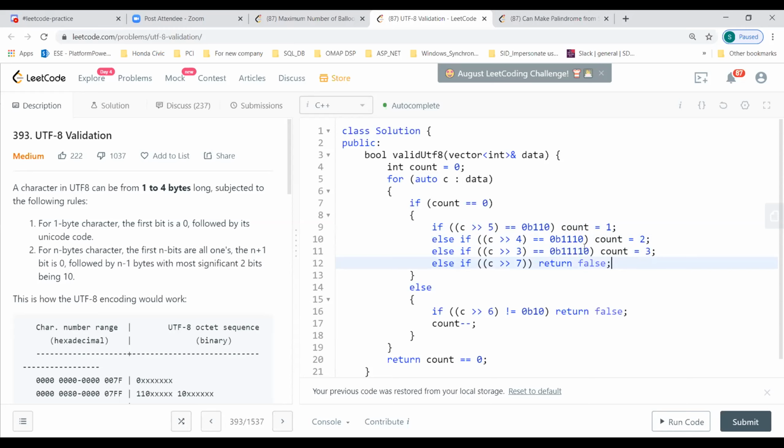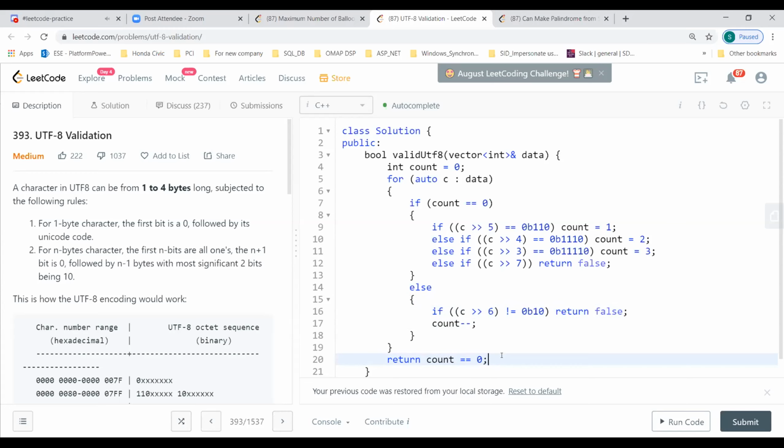So in that case, we take care of that 0 also. Or else we come here and again shift it by 6, because we have to check if it is 1 0. If it is not, then return false, or keep on decrementing the count, and at the end, if count is 0, then return true. So if count is 1, then it shows that we have a 2 byte input, right?